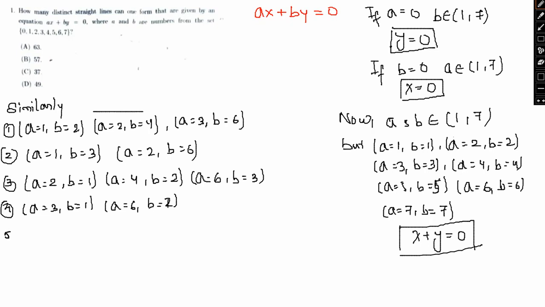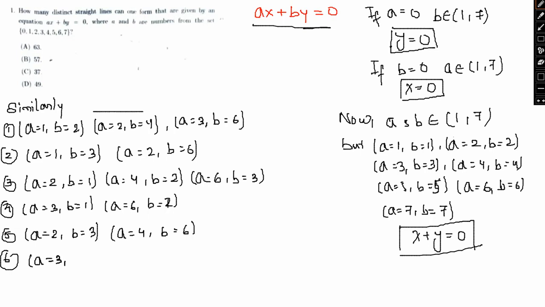So number 5, we can go with A equal to 2 and B equal to 3. So 2x plus 3y, which would again be similar to 2x plus 3y if I take 2 common. So A equal to 4 and B equal to 6. Same equation, just substitute all these values in this particular equation and you will essentially find the same equation. And lastly, number 6, that is A equal to 3, B equal to 2,